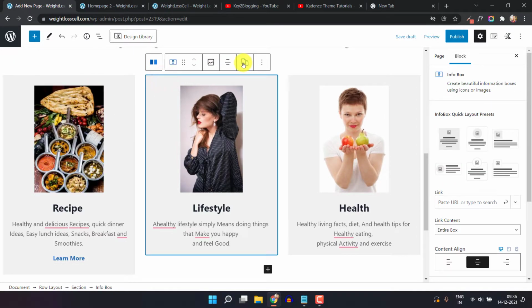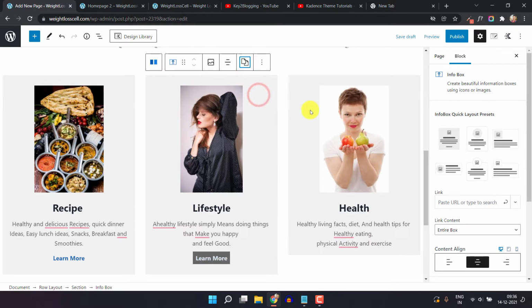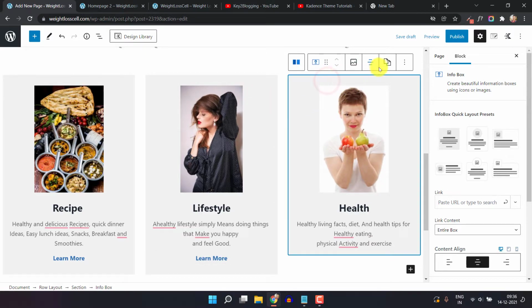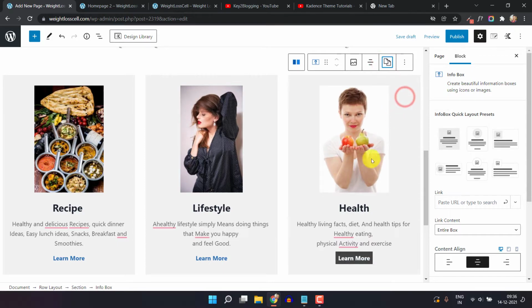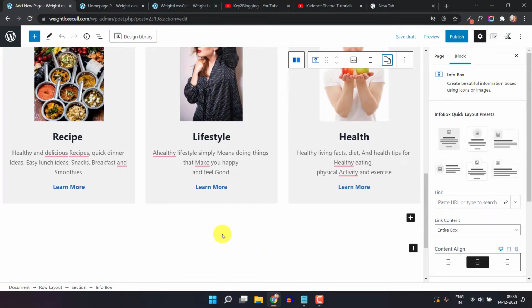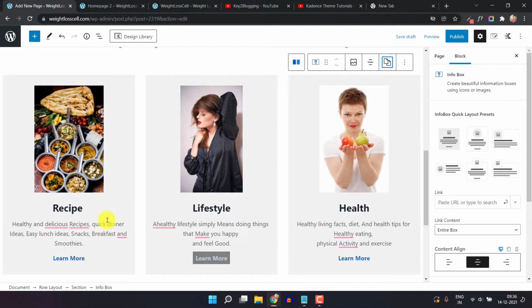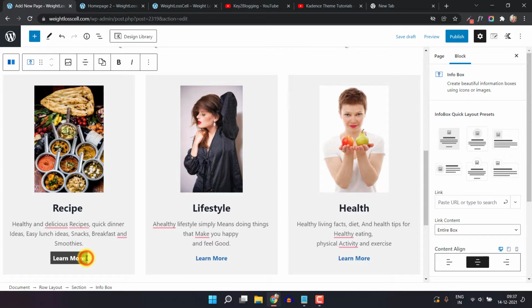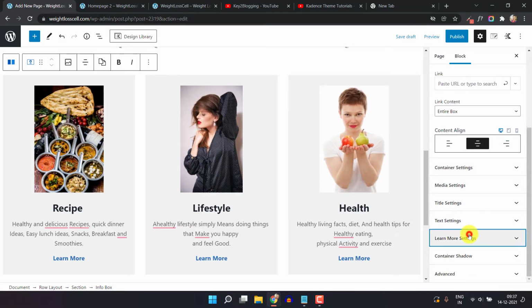Let's click on it and let's paste this style. Now let's click on it and again paste this style. So as you can see, we have easily fast tracked the process by just copying the style and pasting it in the second and third box. So let me just change the button. So I will click on it and let's add a button.